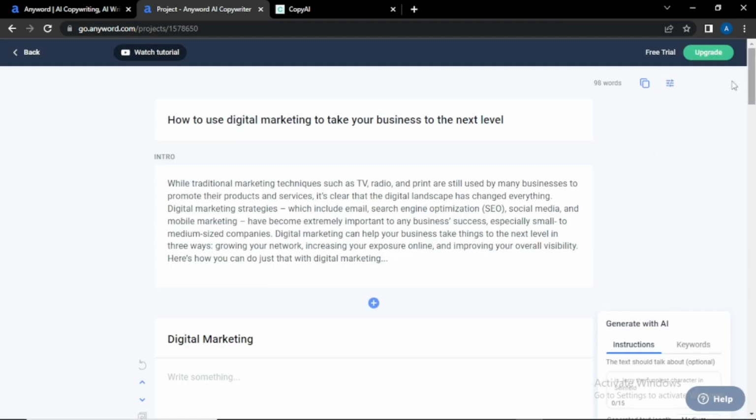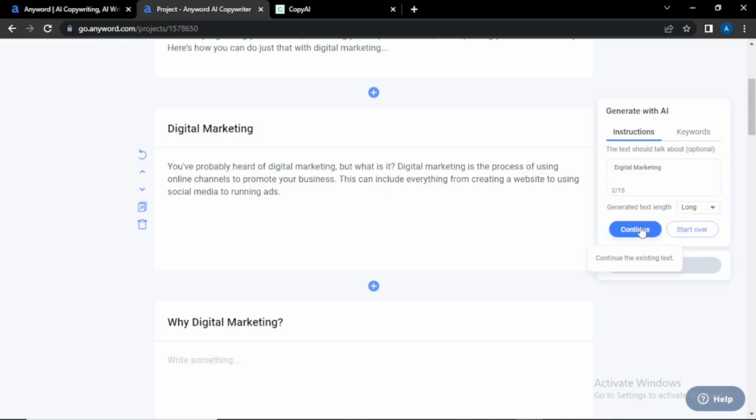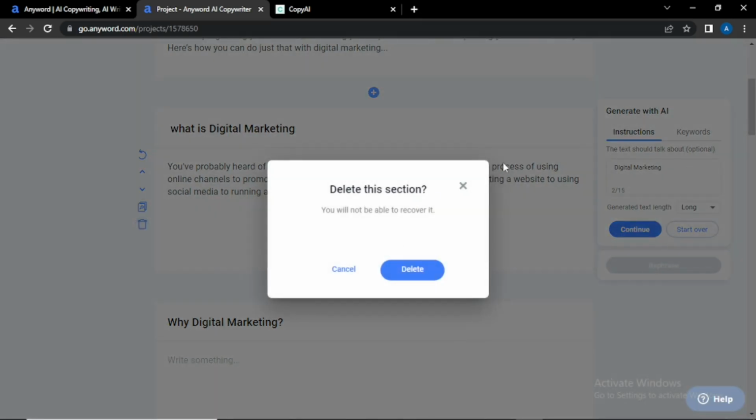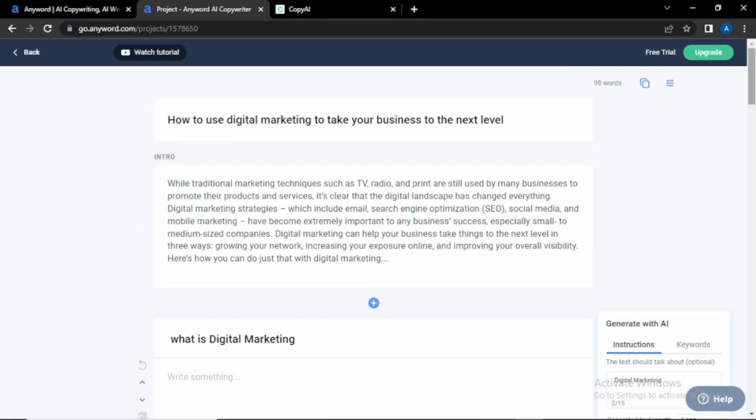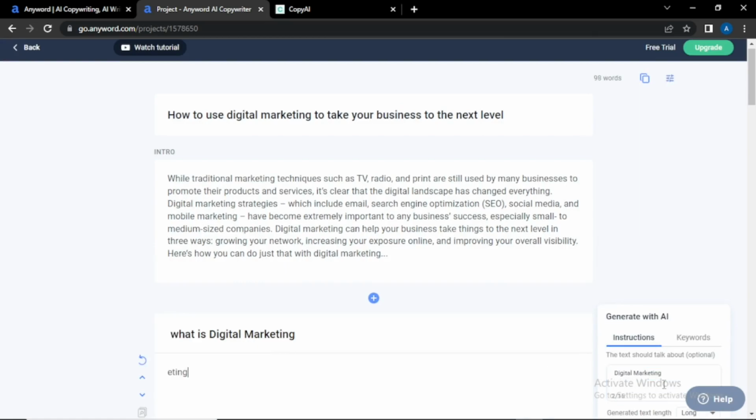And I noticed a trick for getting a more accurate write-up for your articles. All you just have to do is copy the text and put it on the right hand side of the screen, and then generate either a long or medium amount of words so that you can get a more detailed write-up on your article. If you also want a more detailed tutorial on this tool, leave your thoughts in the